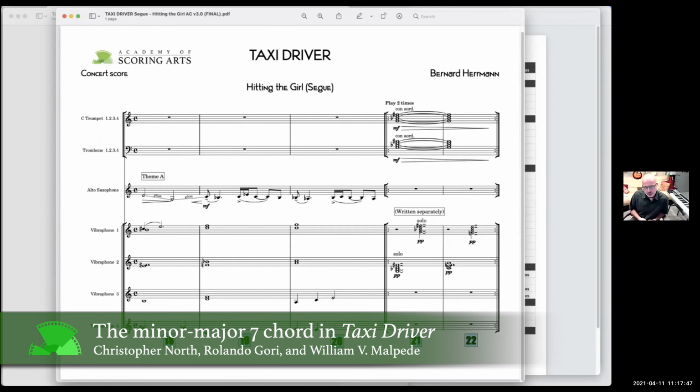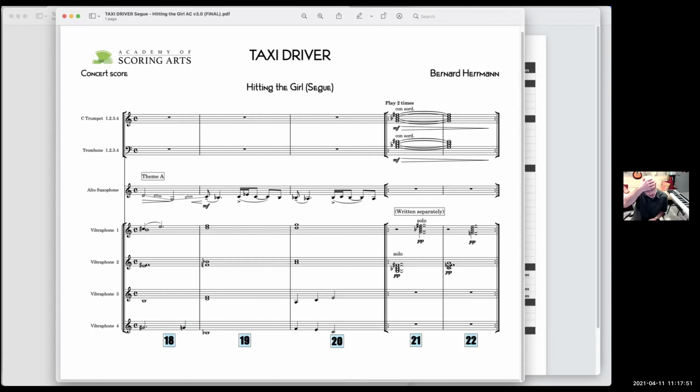One thing I wanted to point out, this minor major 7 chord, super important, as we're going to find out. I call it one of my sparring harmonies. There's a few that he brings back in here, as opposed to the more consonant jazz harmonies of So Close to Me Blues. This minor major 7 chord actually does come from So Close to Me Blues. The final chord in So Close to Me Blues is a C minor major 7, and